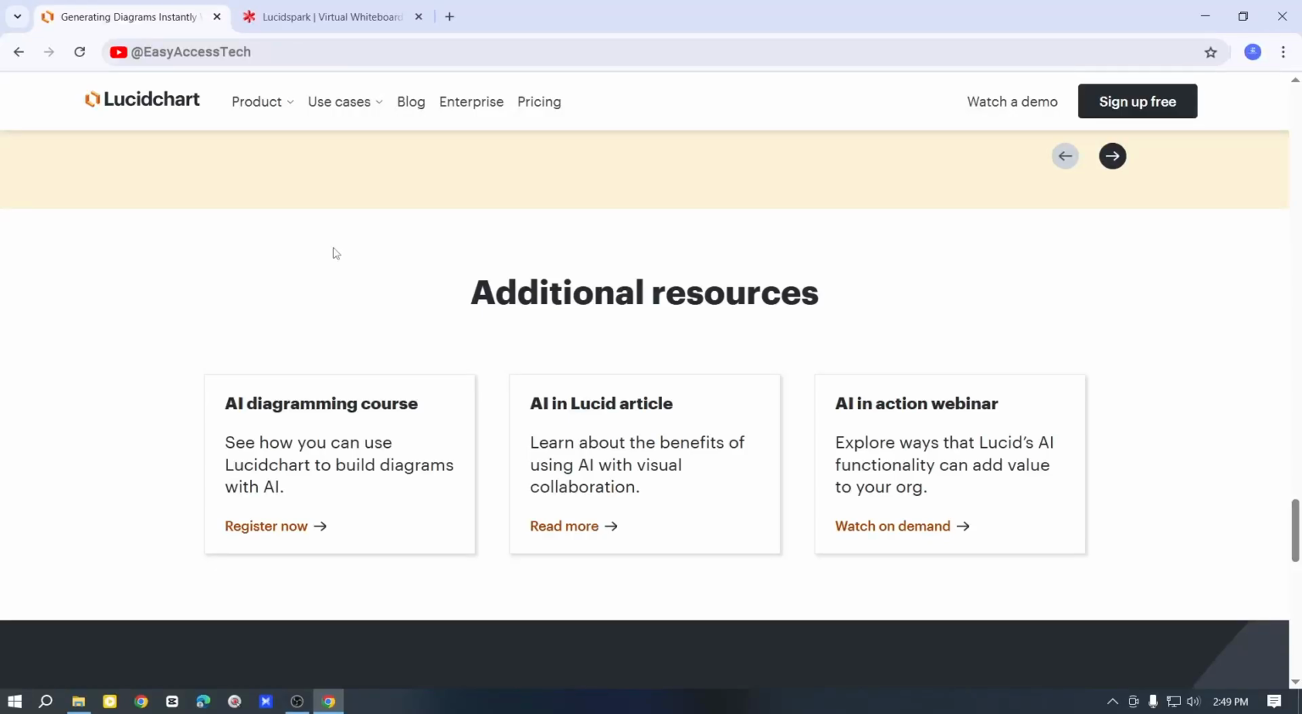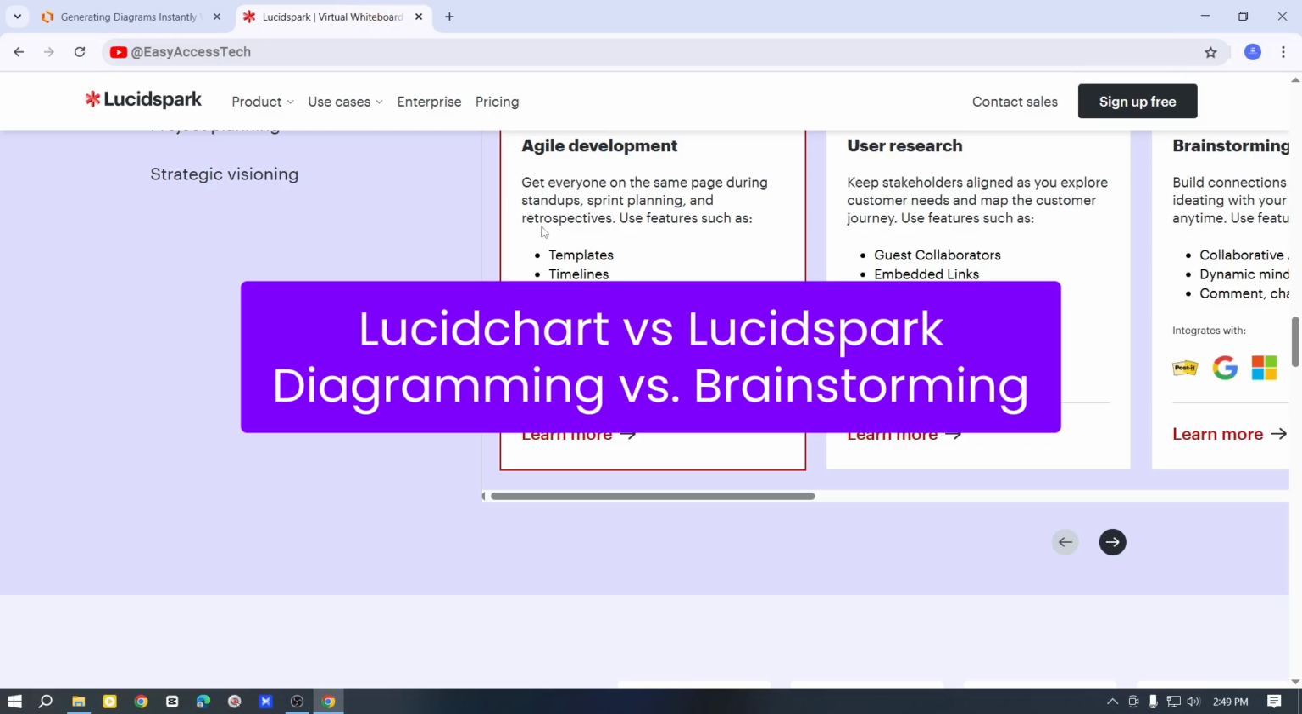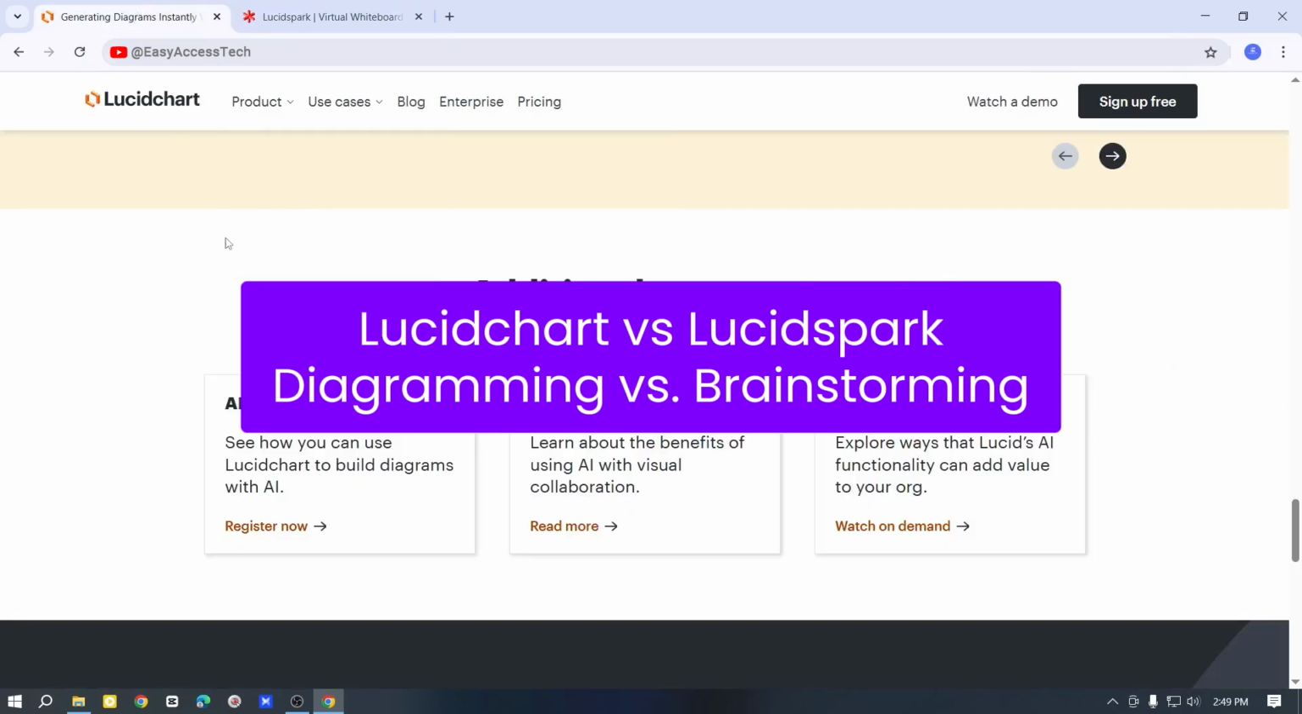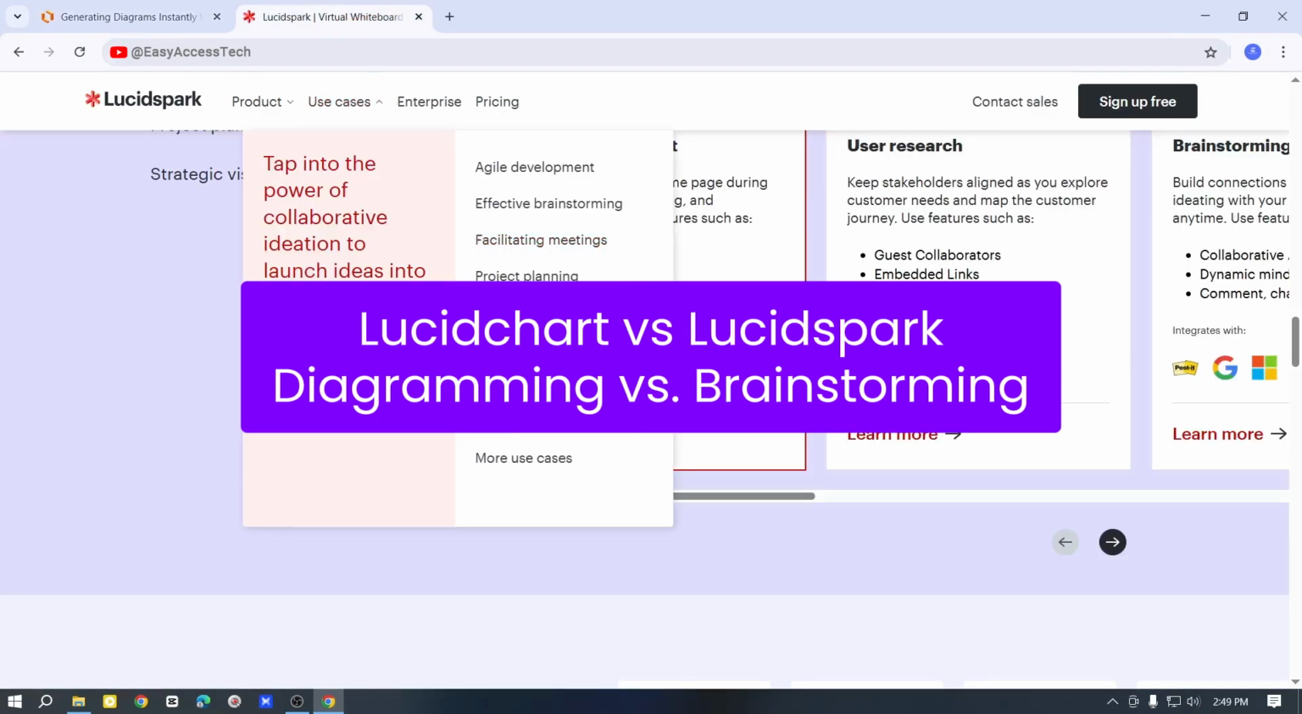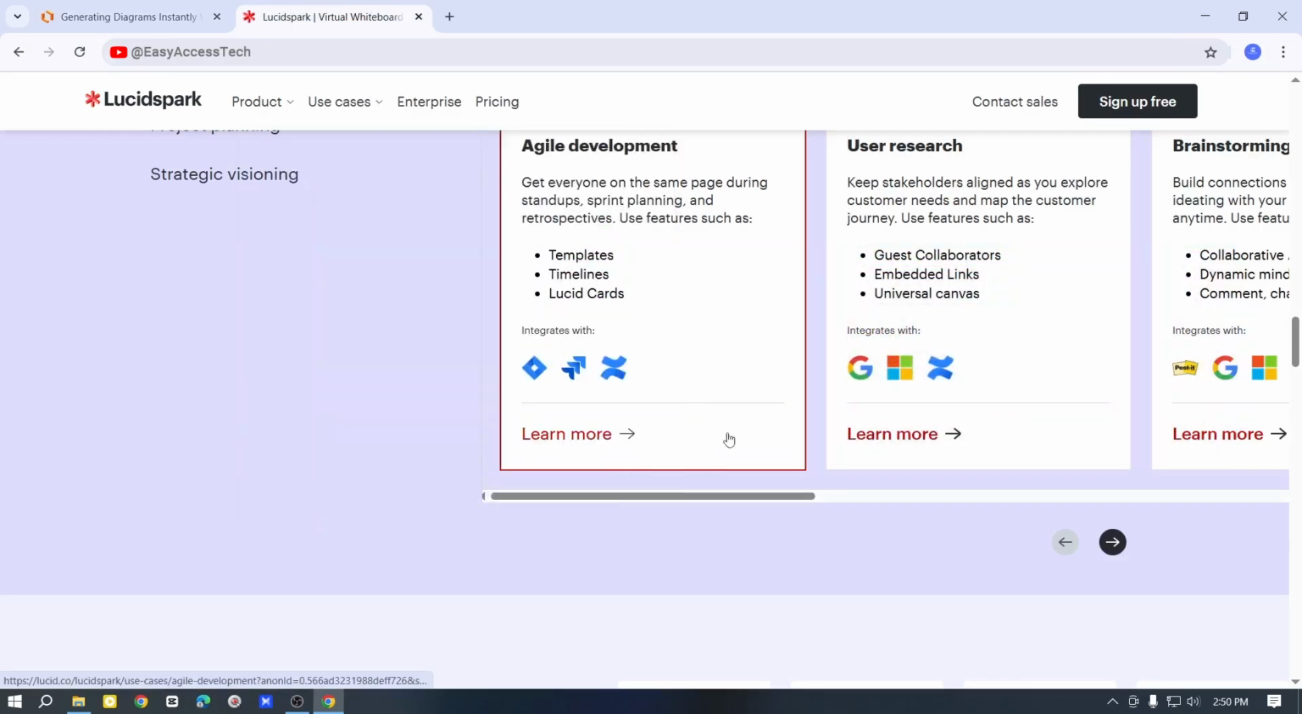Today we are looking at Lucidchart and Lucidspark. Both are made by the same company, but they are for different kinds of teamwork. Lucidchart is for diagramming and Lucidspark is for brainstorming. So in this video, I will explain what each one does, what's new at present, and which one might fit